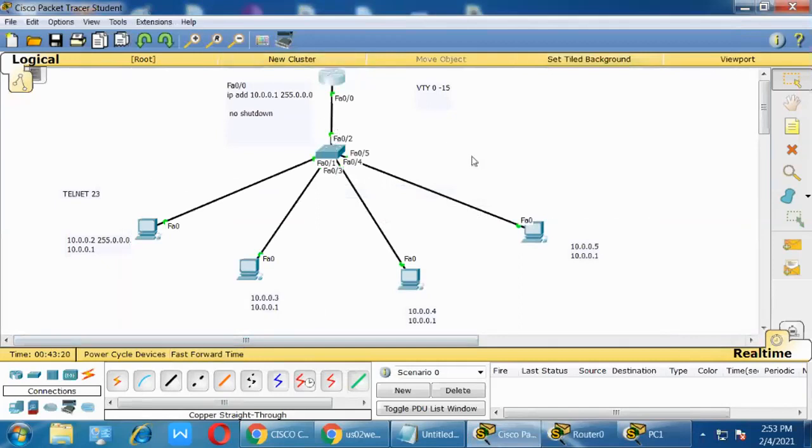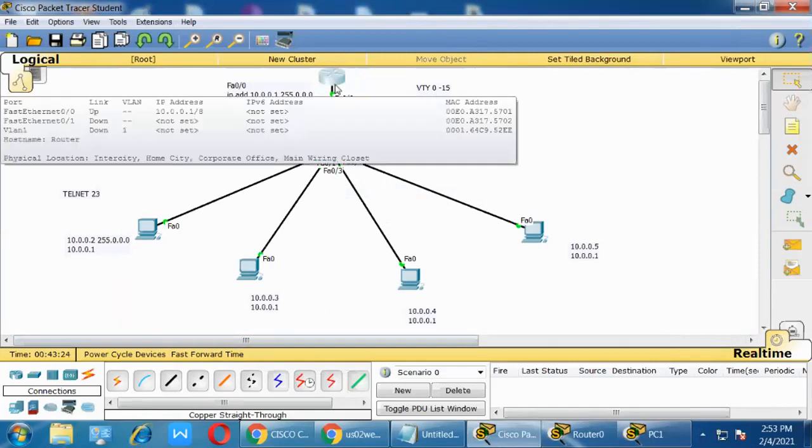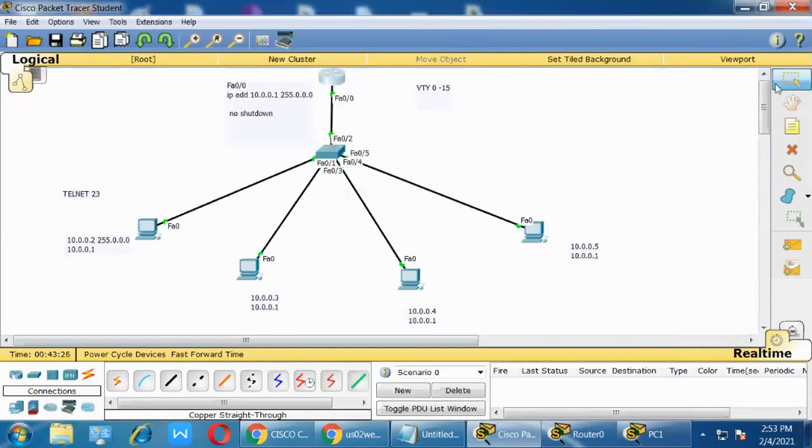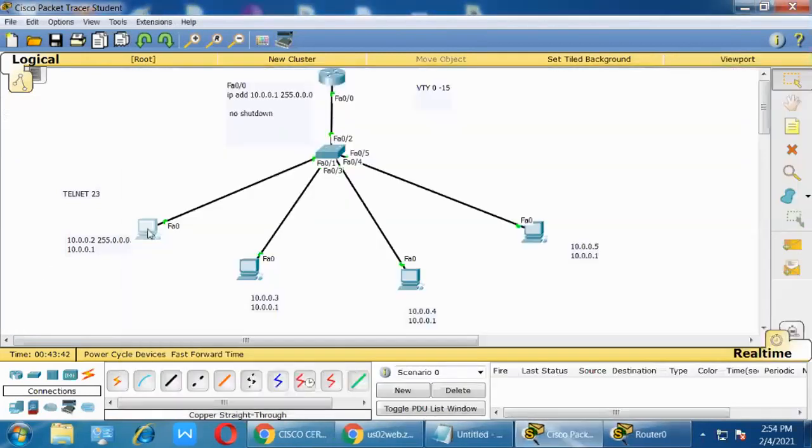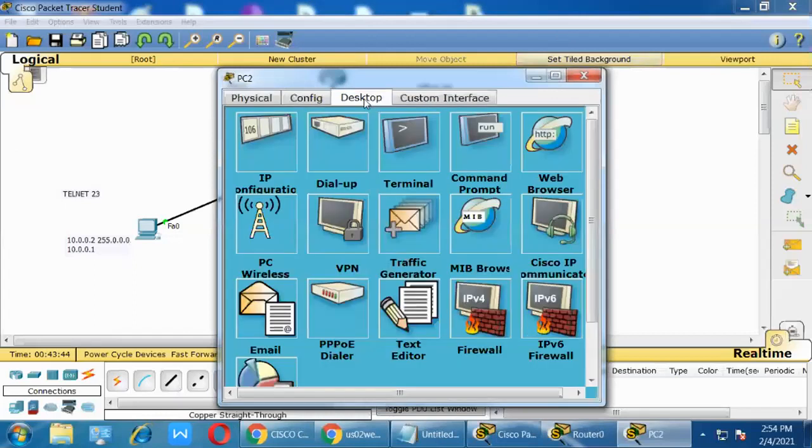Remotely, for the VTY password, I must assign CCNA, I enter. But I want to do one more configuration, because until then it is not allowed. Until that time I have not assigned the enable password. Yesterday I explained that, right? Enable password. So now remotely I can access, right? Yes, sir. With the help of this PC I can access. Now I'm going to configure the same thing here.